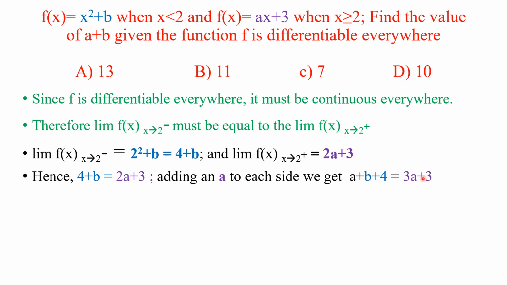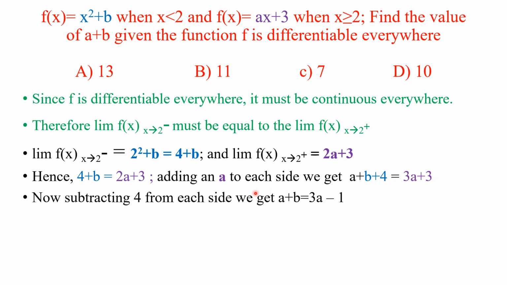Now that we have these, we have to move the 4 to the other side. So if we do so, we'll get a plus b equal to 3a minus 1, because when we move 4, it will be negative 4 plus 3, we will end up with negative 1, which is right here, minus 1. Now that we have these values,